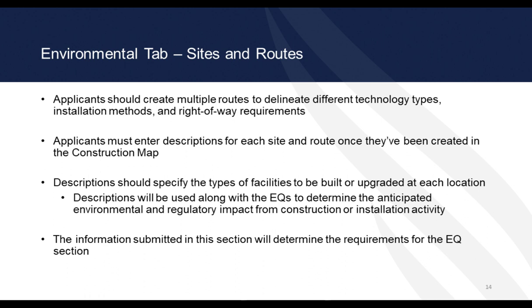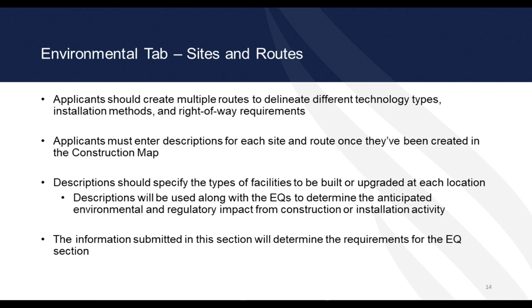To better inform the environmental review process, applicants should create multiple routes to delineate different technology types, installation methods, and right-of-way requirements. After all sites and routes and their respective shapes have been created on the construction map, you must enter descriptions for each site and route. Project site and route descriptions will specify the types of facilities to be built or upgraded at each location. These descriptions will be used in conjunction with the EQs to determine the anticipated environmental and regulatory impact from construction